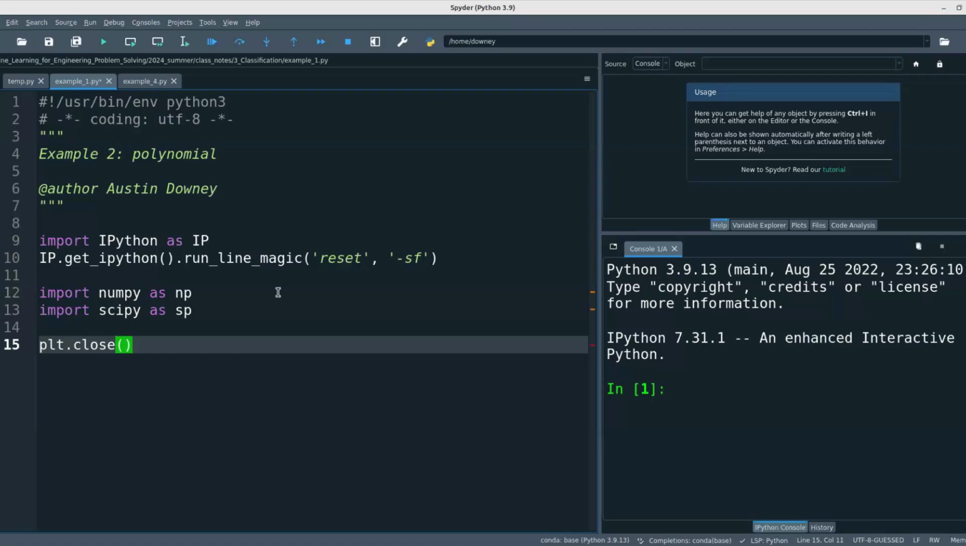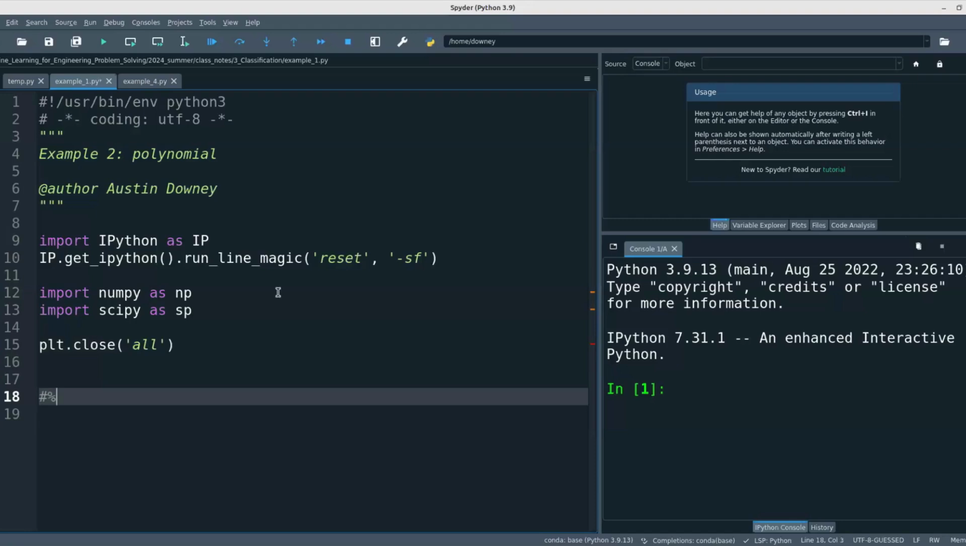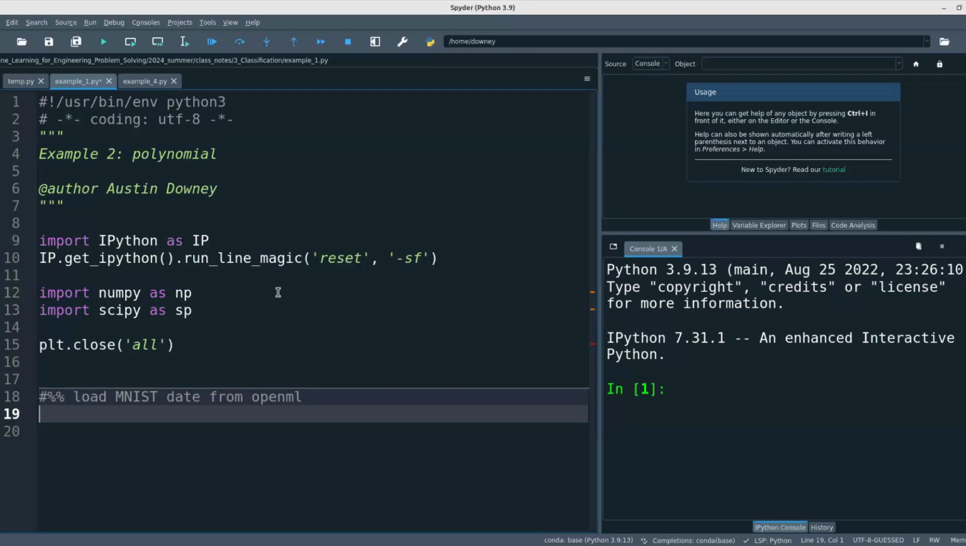plt.close, just to close them all. And now I'm going to load MNIST data from OpenML. This data set actually gets quite large, so every time you run the code, if you have to reload it, it can take quite a bit of time. So if you haven't been using F9 to run code line by line, now might be a good time to start. So I'm going to go MNIST